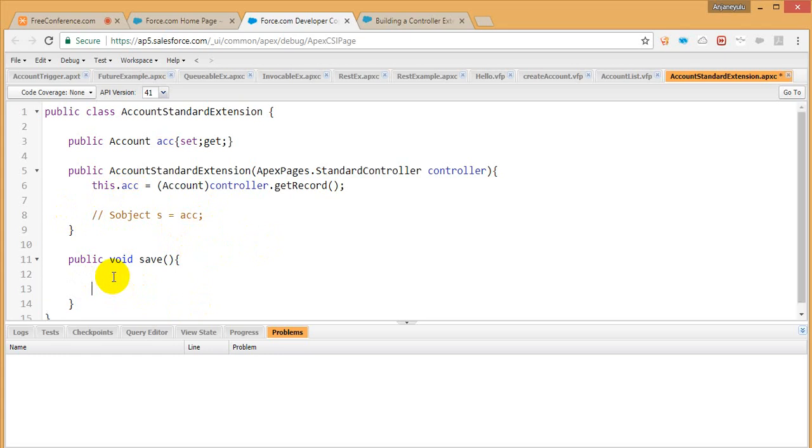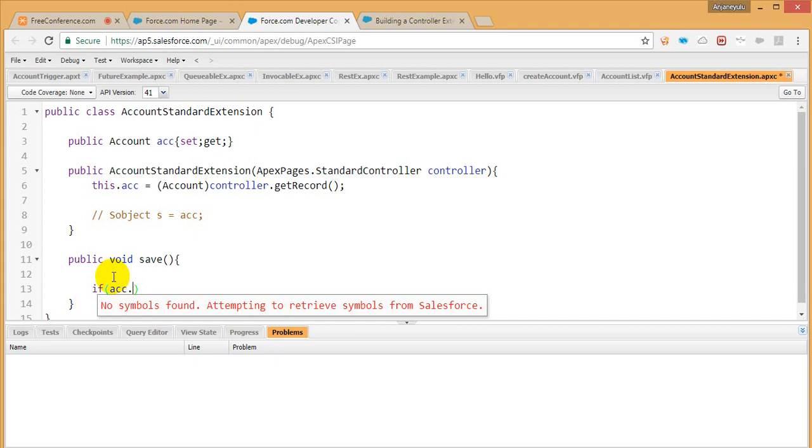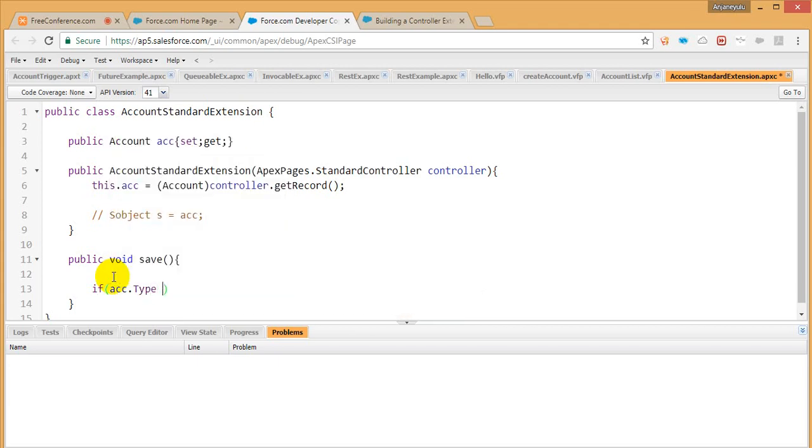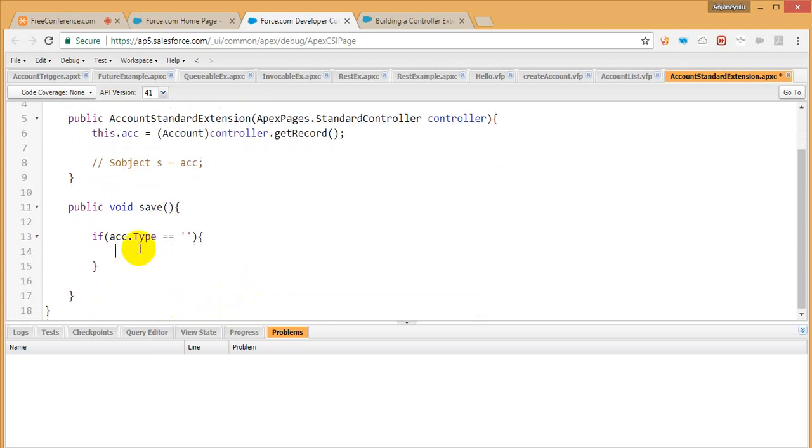Now if you want to verify whether something is selected or not, ACC dot, let's say type is not selected. In this case, if you want to show the error message, if type equals to this, then I want to show the error message, apex pages